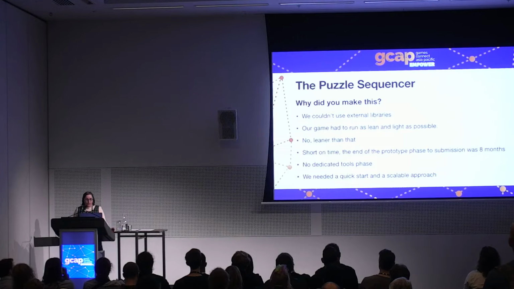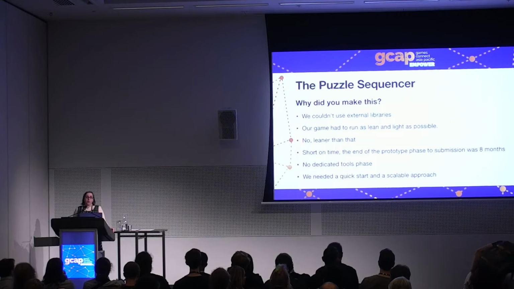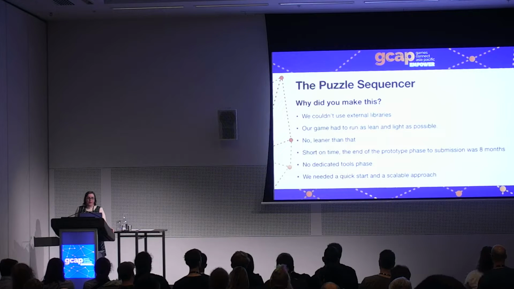And so we needed a system that was going to be flexible and scalable enough to grow as needed during the development life cycle. We did also have the benefit of knowing that our narrative was going to be largely linear in nature, with a high number of very self-contained puzzles. This removed the need to support many different puzzles that had interdependencies upon each other or that might exist in parallel partially completed states. And that meant that we could control that and make a simpler